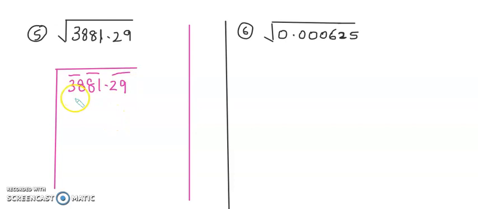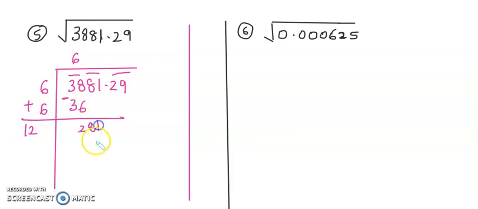Okay. So 38, nearest perfect square, and the smallest is 6 6s are 36. Subtract, so you'll get a 2 here. Add the 6, you'll get a 12 here. Okay. Bring down 81. Now I am to go nearest to 281. Okay, but not the exact 281. So let's try 2 2s are. Sorry, 1, yeah. So 122 multiplied by 2 will give me a 244. Let me try 123.